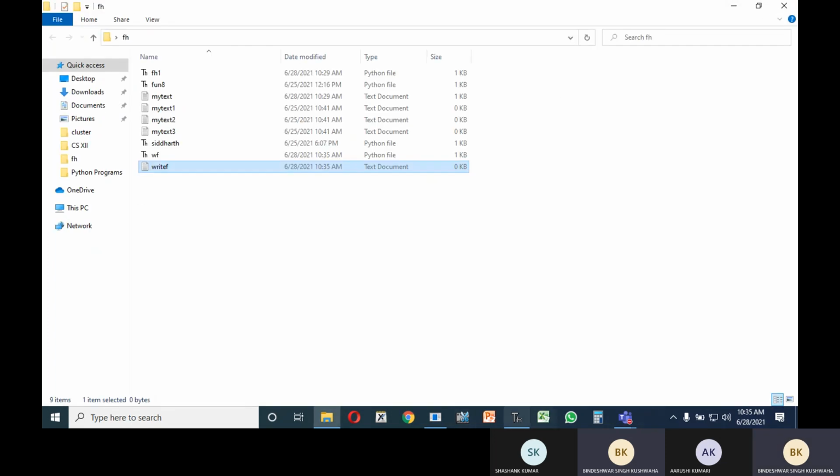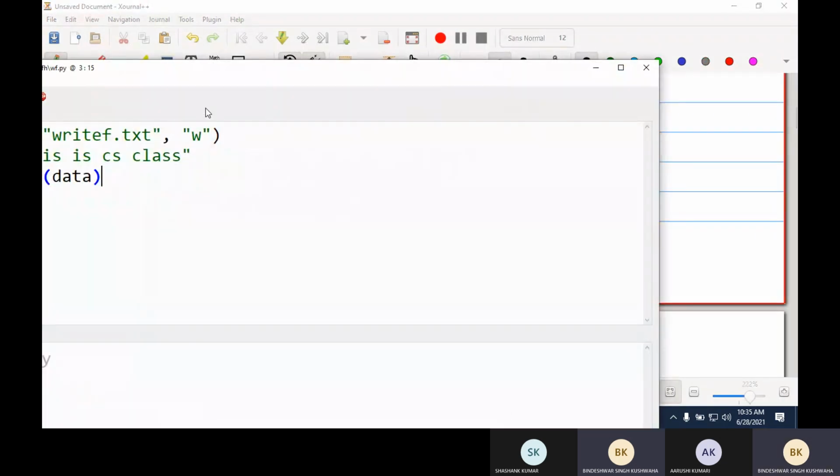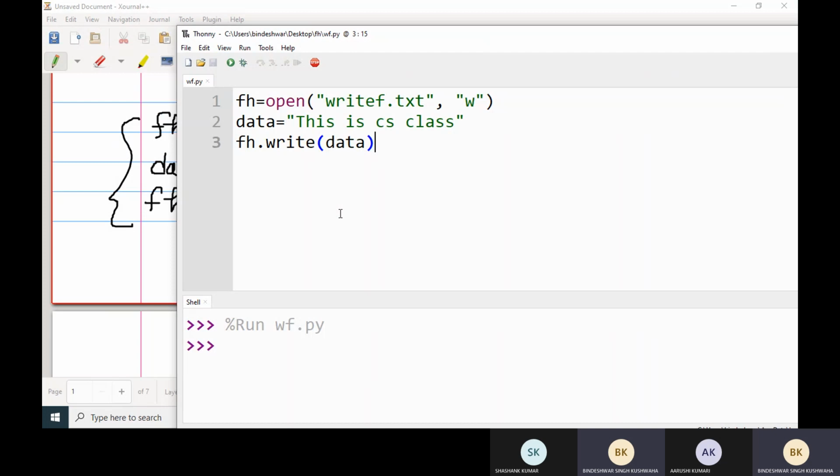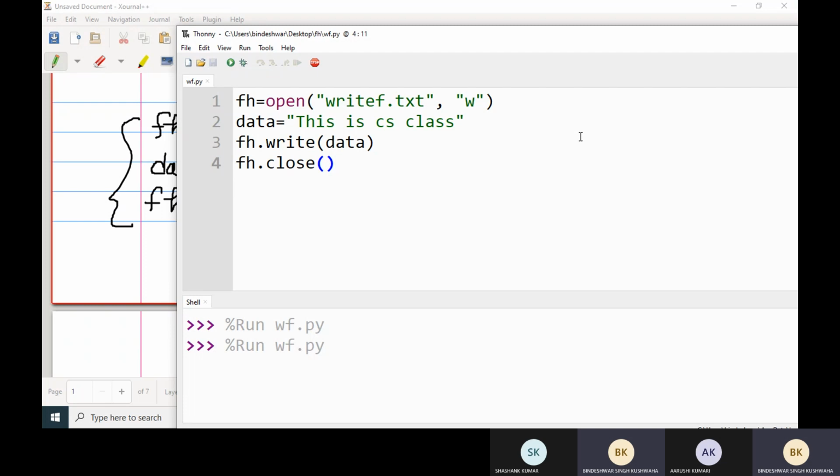Let me check it. Actually, let me check that here: fh dot close. fh dot close, file save. Let us run it.